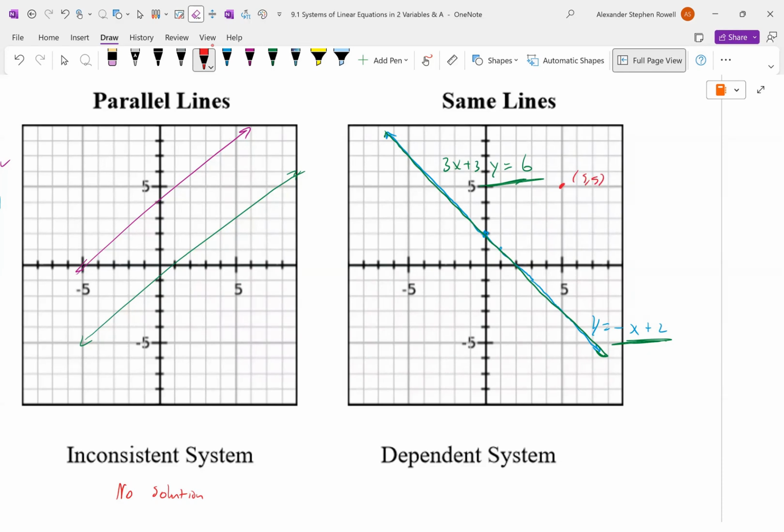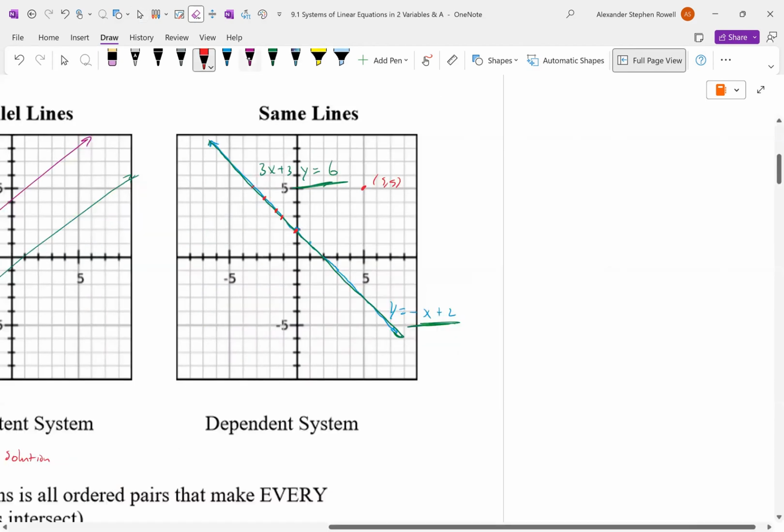Okay, but it has infinite solutions along this line, right? So how do I represent all of those infinite solutions on the line? What we're going to do is say, if you solve for y, this is our y value and x is our x value. So it's a dependent system, and the solution set is all